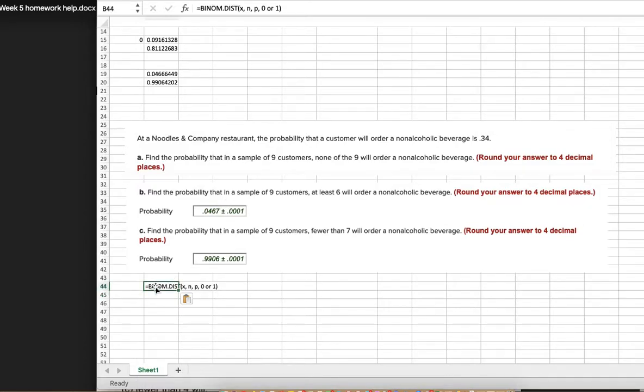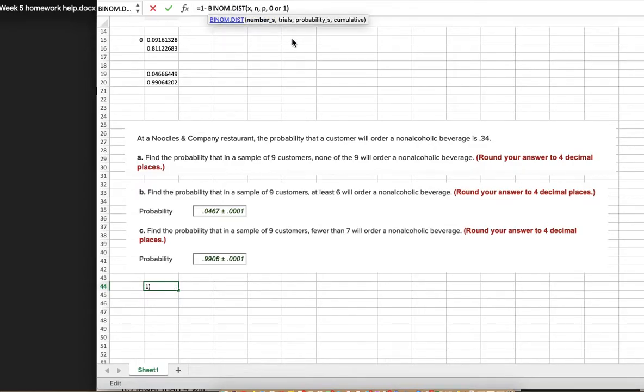So what we can do is say, okay, 1 minus this, because here we're going to calculate the opposite, or what is not. We're going to calculate the 0, 1, 2, 3, 4, 5, and leave off the 6, 7, 8, 9. So we do that by saying, okay, 1 minus the probability that